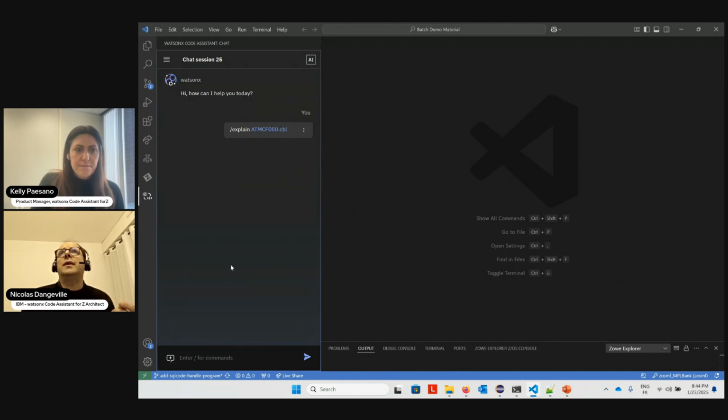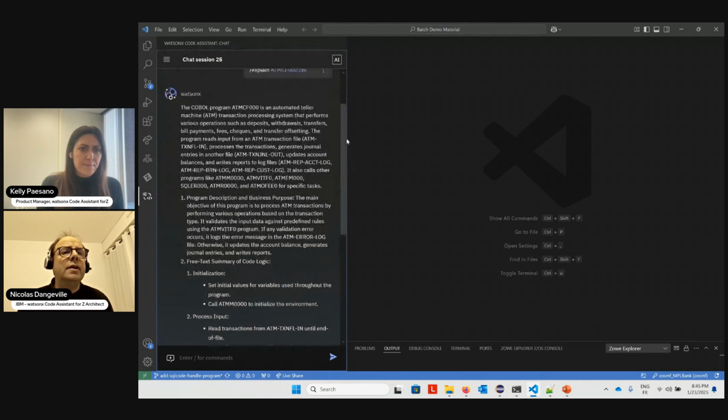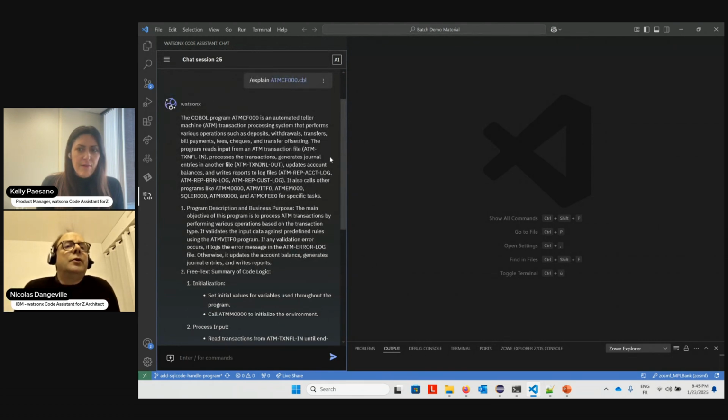I should add that there's a little bit more that I know about my task, because this credit debit information, I know that it is stored in a relational table, and so is the account information for the customer. So I have this knowledge, and now let's see how I can explore this. So you see, the chat, the AI, gave me an answer about what this program is about.